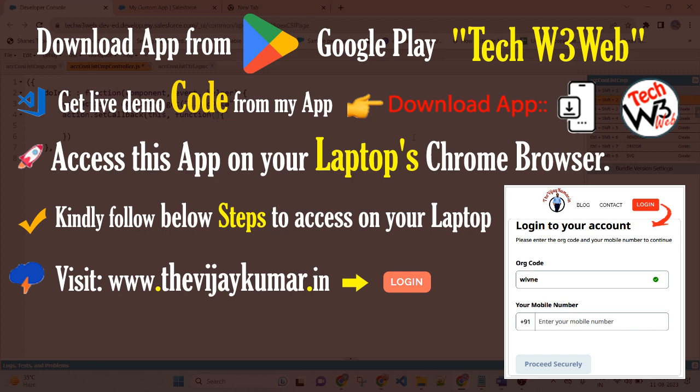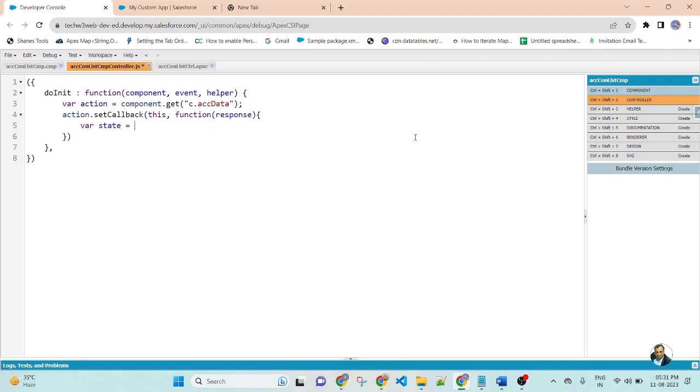Inside the function use response. Here I will create a variable state: response dot get state.